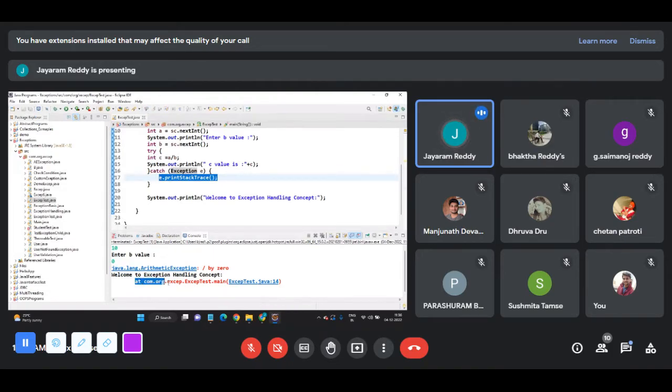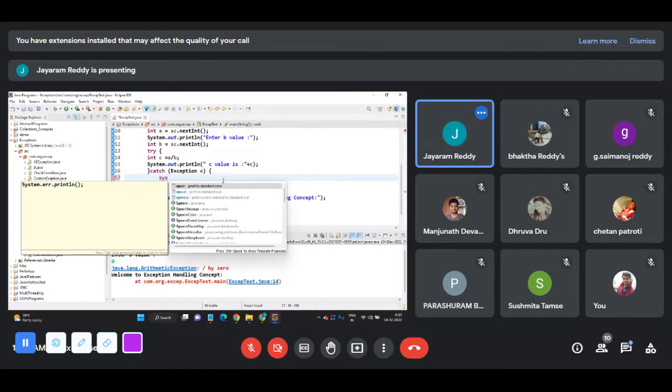It is going to print from which line it is getting the exception. Stack trace means a difference from SOP. We'll see what print stack trace is. It is going to give in detail in which class and which method we are getting that exception. So directly it is a package, form.org.exp, and ExceptionTest is a class, and this is the main method where we are getting it. So if I am printing using this out,